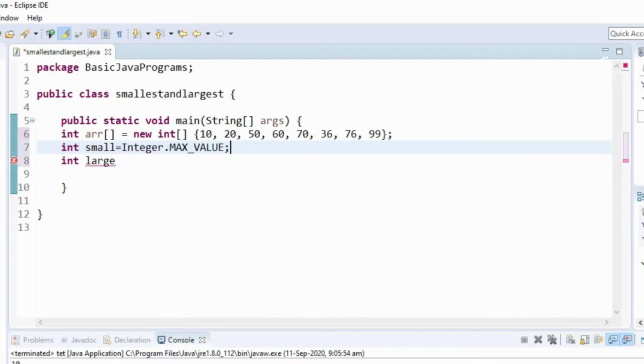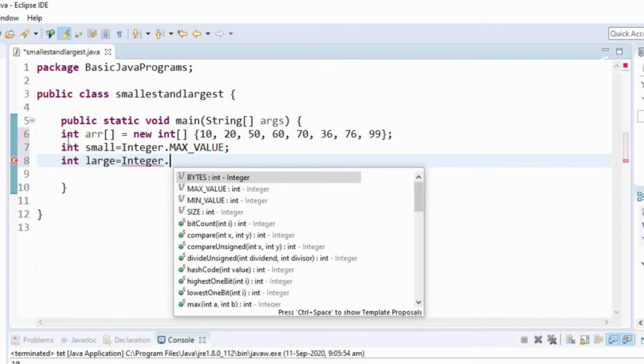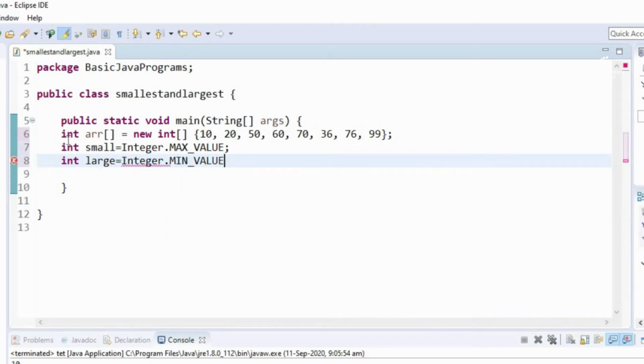So we're initializing our variable small to Integer.MAX_VALUE, and similarly we initialize our large variable to Integer.MIN_VALUE. So what we have done here is we have created two variables, small and large, and initialized them to max and minimum values.